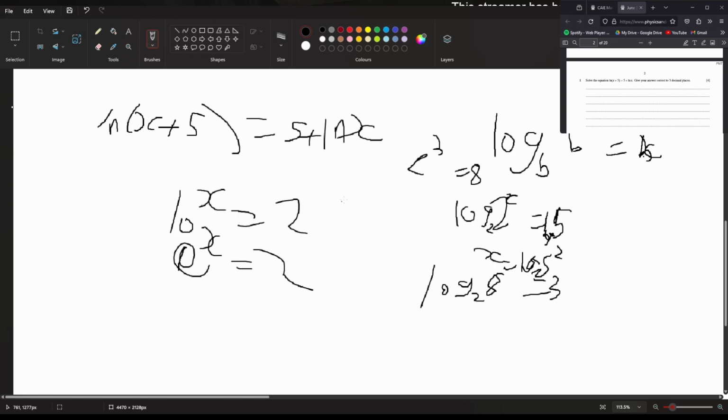So if you have 2 to the x equals 5, and you rearrange it, so you do log base 10. You need to remember, like, factors will just get pulled out. If you had log of 2 times 5, it could also be written as log 2 plus log 5